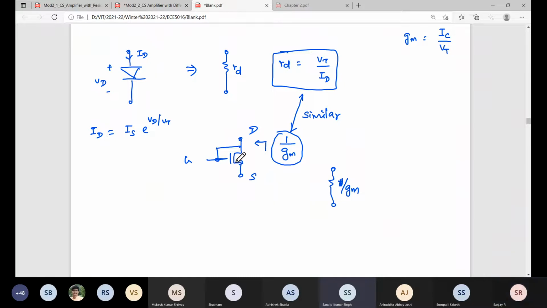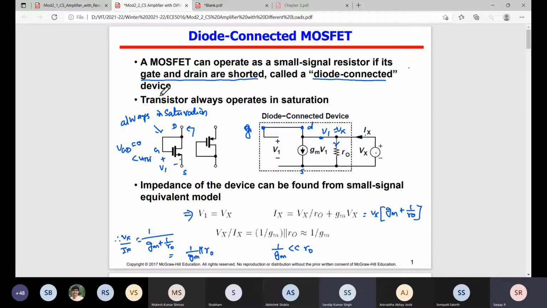Is it understandable? So that's gate and drain connected. Since gate and drain connected, the small signal resistance is similar to a diode's. So a gate and drain connected MOSFET is also called a diode connected device. The number of terminals in a diode is 2. So when you connect gate and drain, it becomes a 2-terminal small signal device, a 2-terminal small signal resistor. That's why gate and drain shorted is called a diode connected device, since small signal resistance is similar to the diode small signal resistance. The behavior is the same as a diode from a small signal perspective.